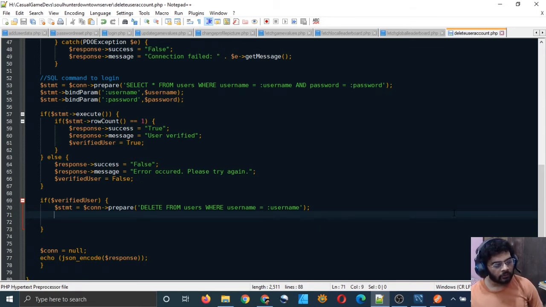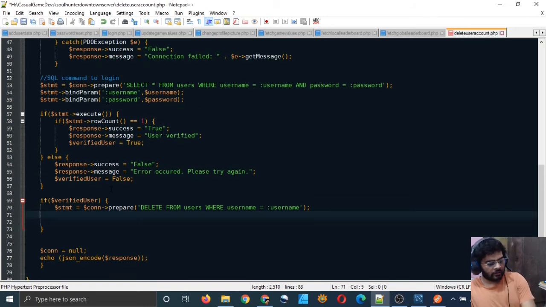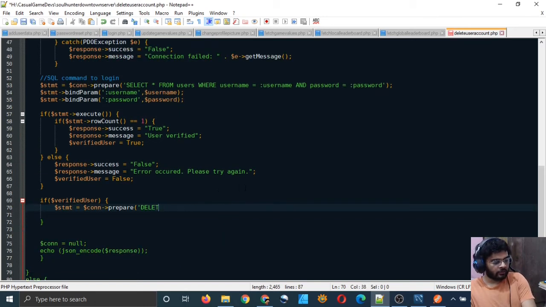But if you want to be a little more thorough and delete their account using the user ID, you can do that as well. In our login statement, we are okay. Let us leave the login statement alone.